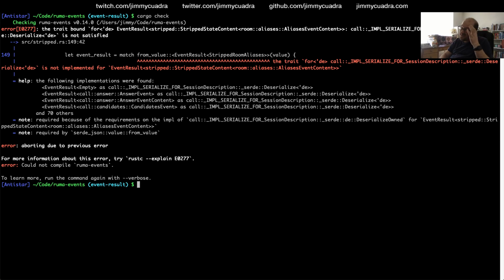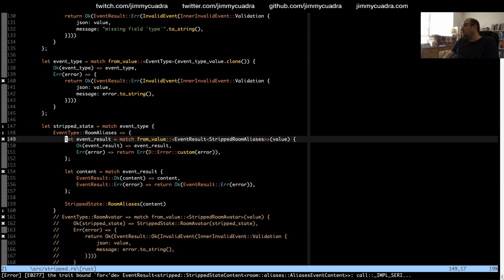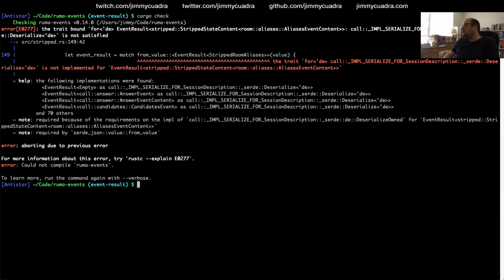So you can't deserialize an event result of stripped state content. Why? Oh, right, because I can deserialize aliases event content, but not stripped state content because it's not generic.